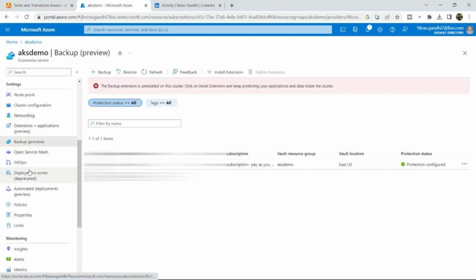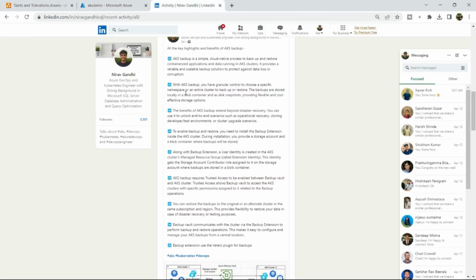Microsoft recently provided a backup option in your Kubernetes cluster. Currently it's in the preview edition, and recently I have posted about the benefits of AKS Backup. So let's discuss AKS Backup benefits and how it works, how to configure the AKS Backup, and how to install